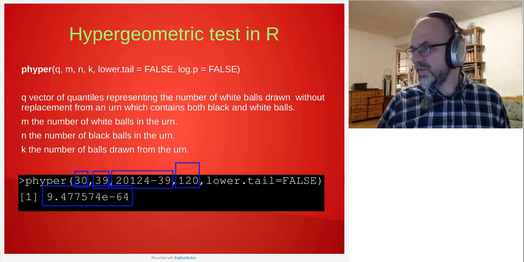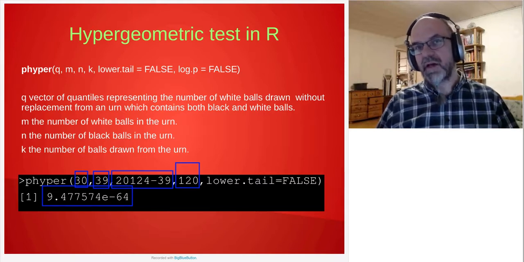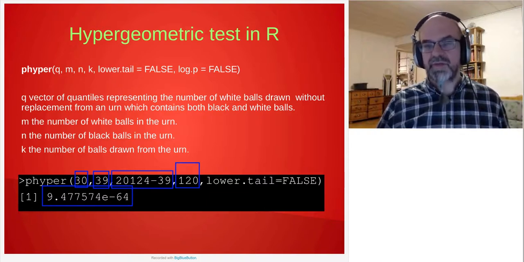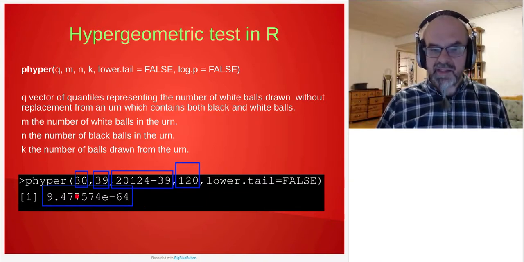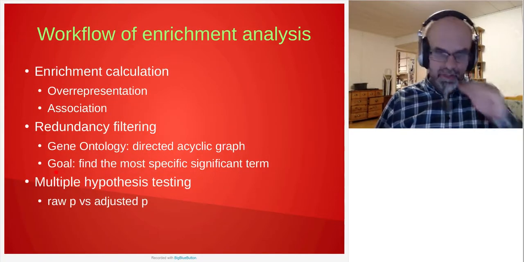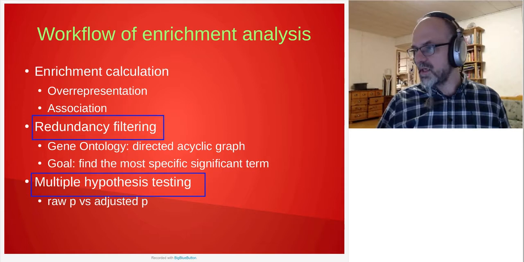So what we see here is that we were able to calculate that the enrichment ratio is 129 times for this particular annotation term in the case of this gene list, and this result is significant with this particular p-value. But, and this is a big issue, we still have to take into account redundancy filtering and adjusting the